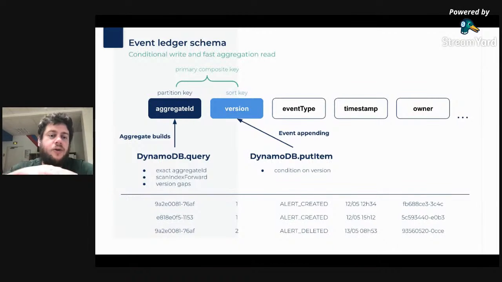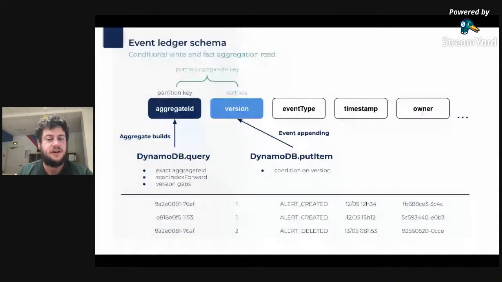as a partition key. Having all the events subsequently inserted relating to the same aggregate on the same partition will allow us to run a DynamoDB query on an exact match of the aggregate ID with a scan index forward to make sure they are ordered through the sort key, and making sure that we have no gap in the version inside our sort key. The version that is used as a sort key is an incremental number, making sure that we have no concurrent insertion of two events in the system.